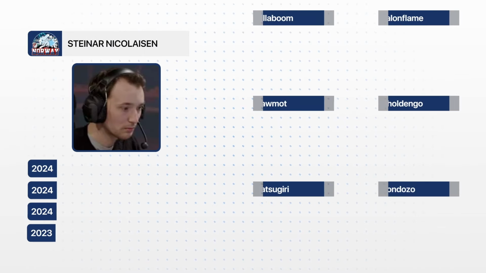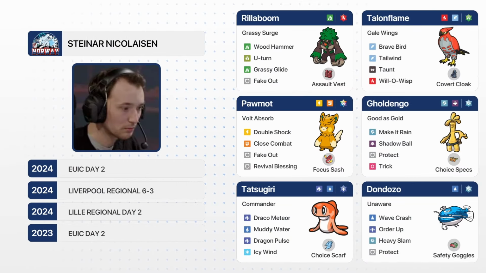He is going to just be playing there. Dondozo team. Yeah, and looking at his team, there's definitely no weather here, but they have their own speed control in the form of that Talonflame. So I guess that's their way of trying to cope with the faster teams that go under, I guess, rain,